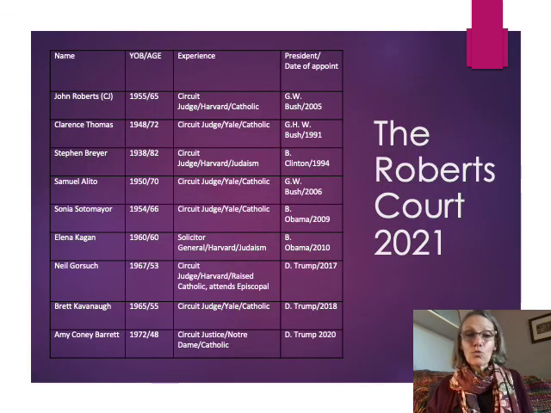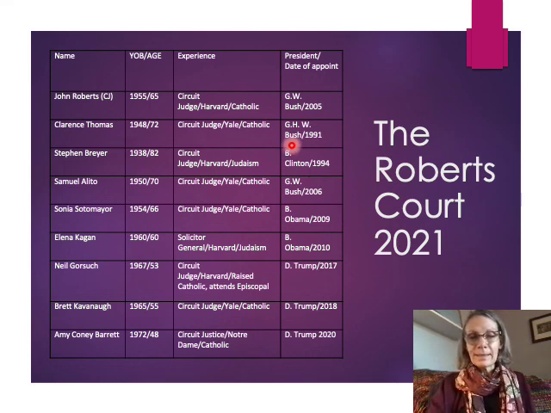And here is just a graph of the Supreme Court, and I'll let you take a look at this on your own time. But on the side here are obviously the names of the Supreme Court justices, their age, what their experience is, and then also the president that appointed them. I start with John Roberts on top because he has the greatest seniority because he is the Chief Justice, but he hasn't been on the court the longest. In fact, Clarence Thomas is the most senior member on the court. He doesn't have the highest seniority.